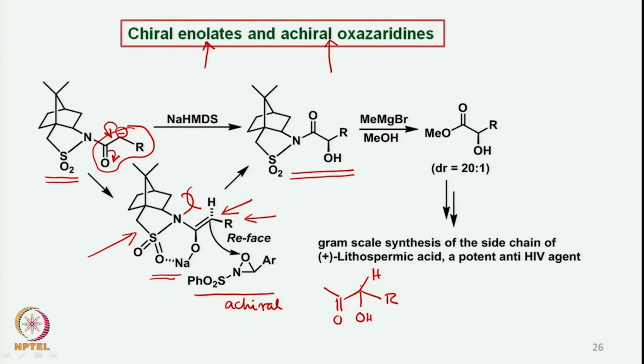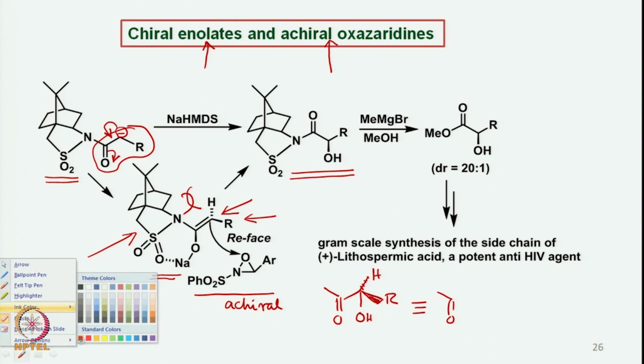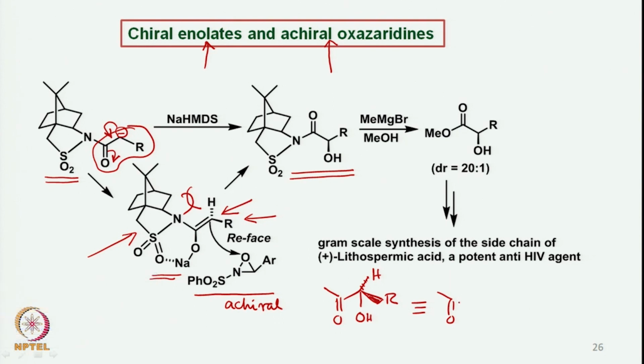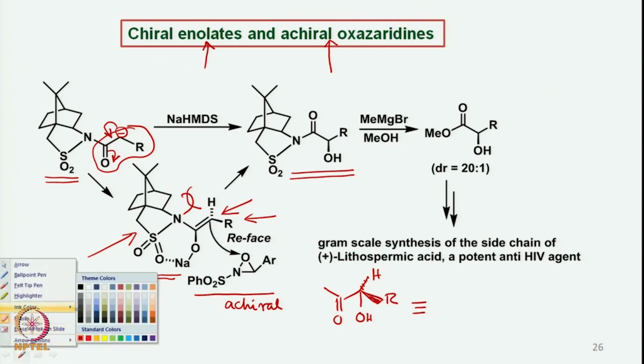Now if oxygen is coming from below and if this is backside and the R group is in the front, this can be rotated further and this is equal to a ketone here, and now we can imagine that we can remove this and redraw to see that this particular molecule is very similar to